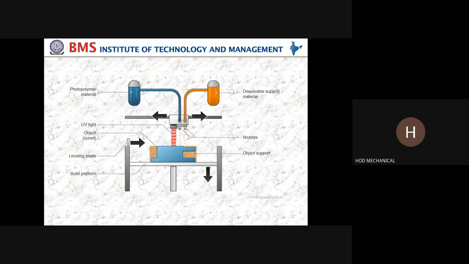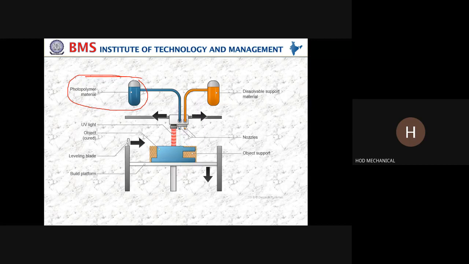Then on this platform, you have a photopolymer material, which is going to come through this nozzle. Now this nozzle has drops. If you simply drop, please understand carefully, you will have to leave an amount of time. How is it going to get solidified? In order to make this droplet solidify, I want UV light. Therefore, I am going to pass the UV light on that.